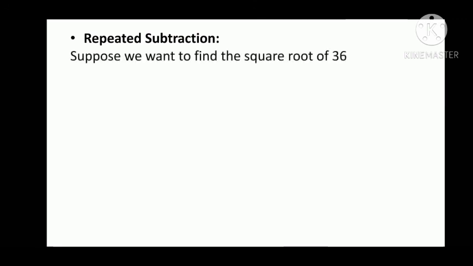Suppose we want to find out the square root of 36, and we know that if a natural number cannot be expressed as the sum of successive odd natural numbers starting with 1, then it is not a perfect square. We will use this property and we will keep on subtracting the successive odd natural numbers from the given number till we get 0, and the number of times we do the subtraction, those very steps will tell you the square root of the given number. For example,